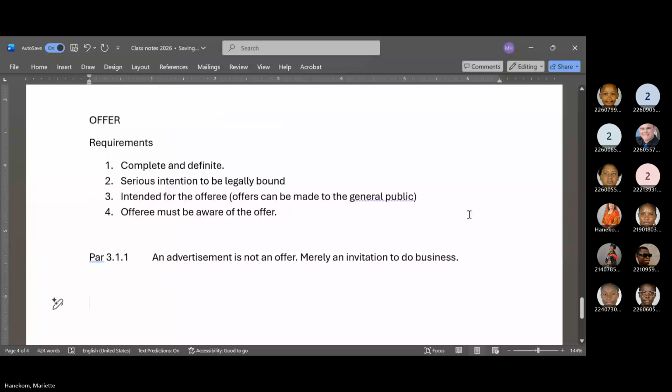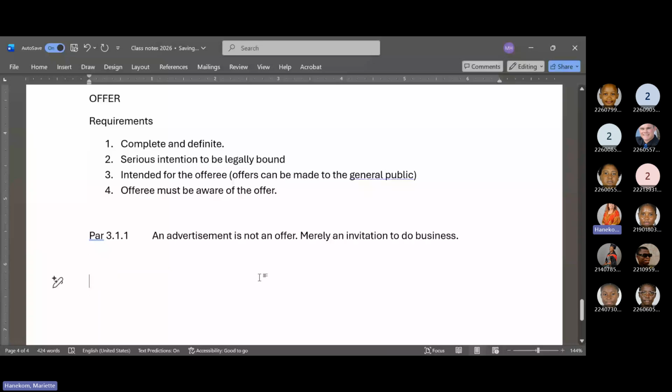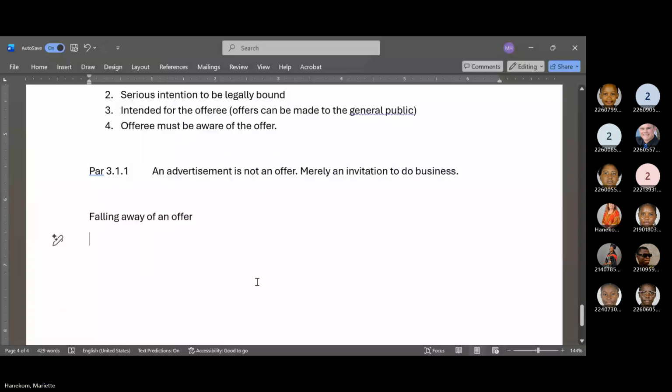Now, still busy with offers. An offer obviously does not last. Nothing lasts forever, including offers. An offer doesn't last forever. If I offer my car for sale to Celine now,